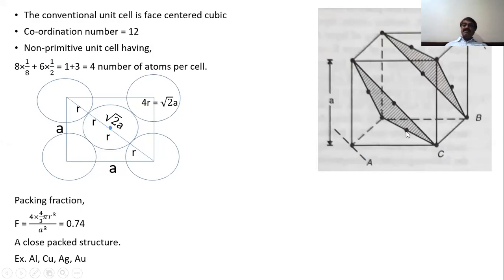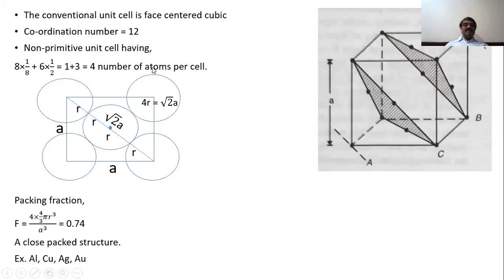So ABC, ABC, this is the stacking sequence, and this is the cubic cell. Each side has length A. Now what about the arrangement of the atoms inside the cell? Look here. The coordination number is 12, which is very clear. Here 6 nearest neighbors, 6 nearest neighbors, and another 6 nearest neighbors, so 12 nearest neighbors to this layer A atom. In this way the coordination number is 12. That is not the only thing.